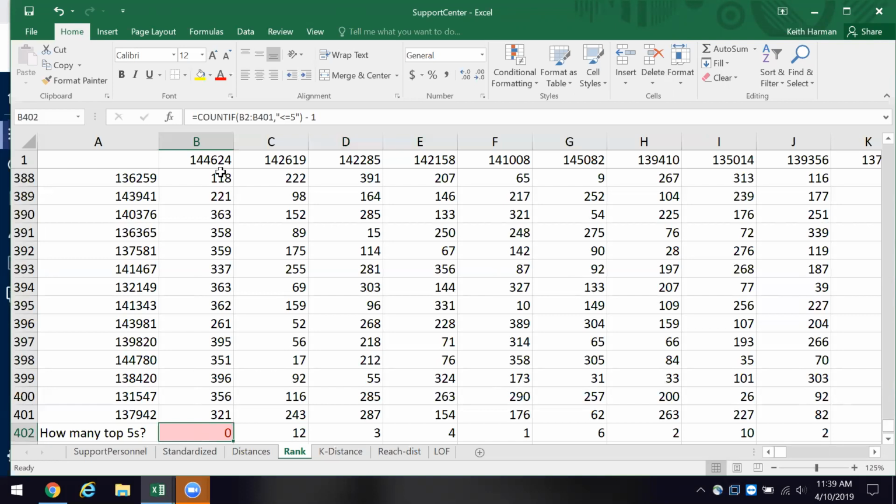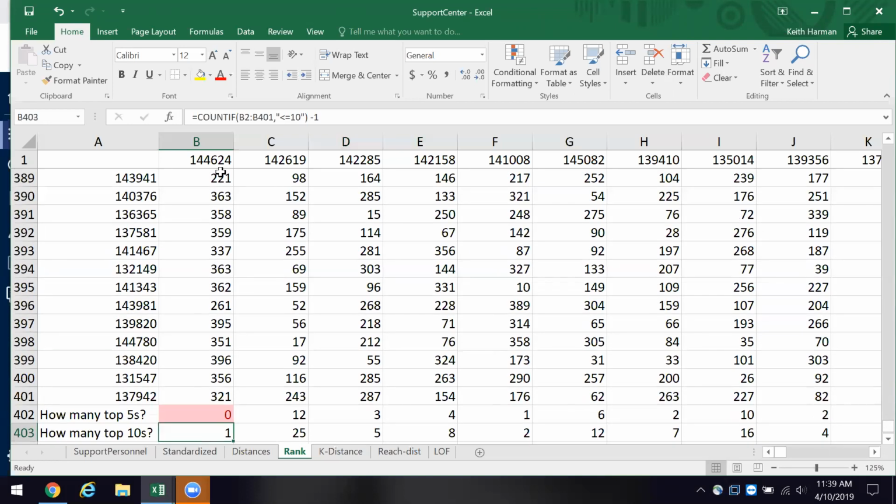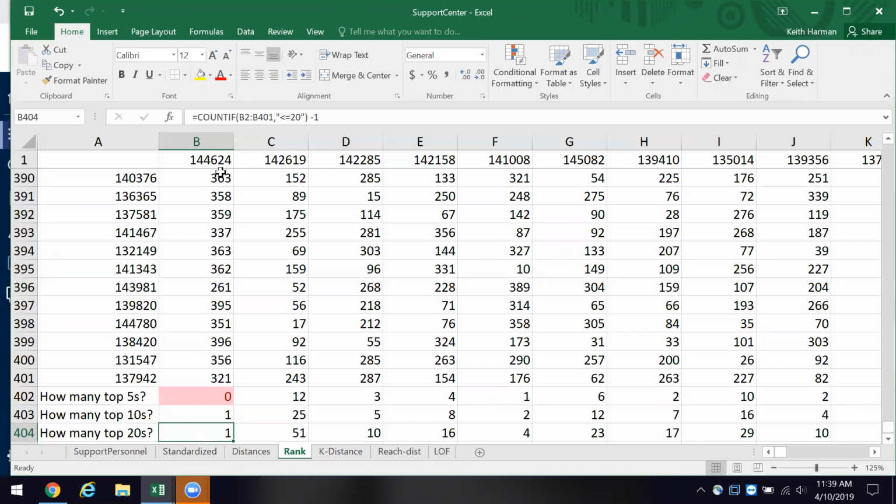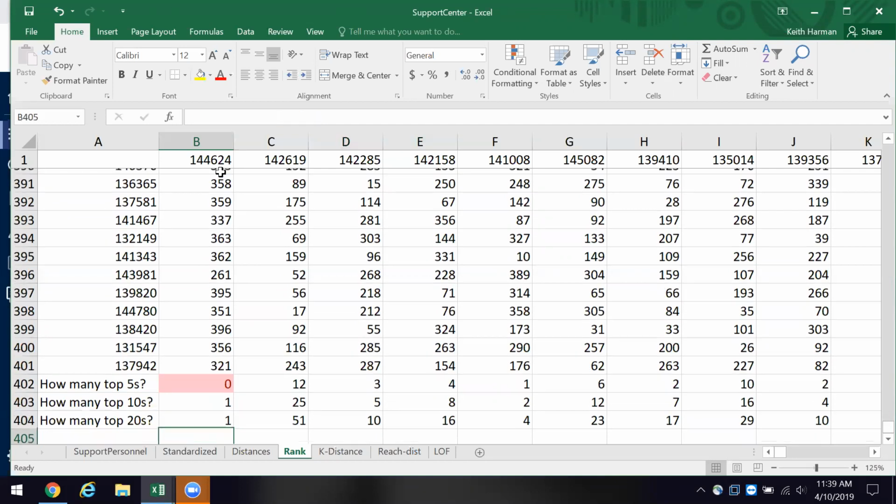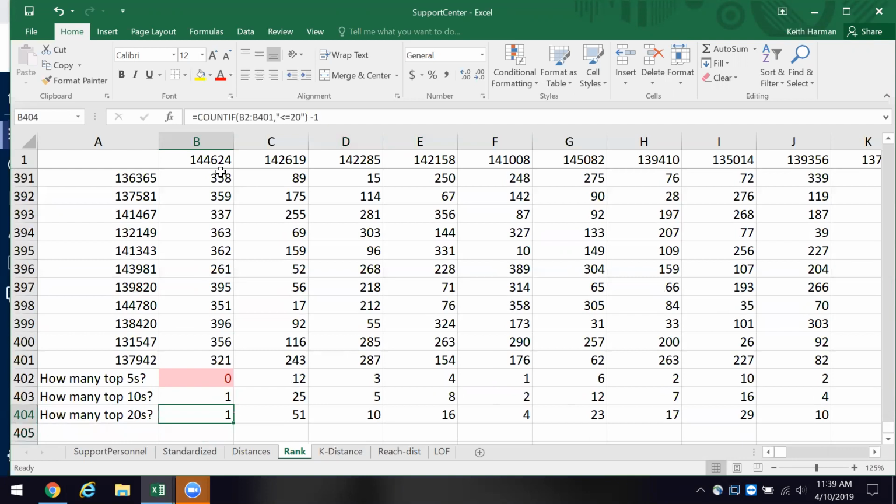And then in row 403, we say, okay, how many are in the top 10s in terms of the size of the rank? How many are in the top 20s? So remember we talked about Tukey fences early on, interquartile ranges, that type of thing. And we can mimic that by using this type of set of fences.